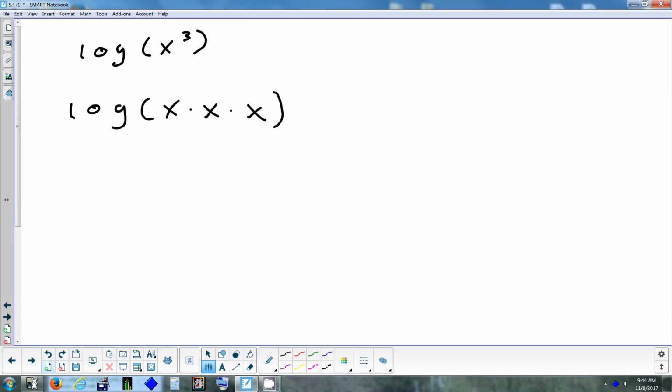Log of x cubed. Same thing. So if you really break that down into what x cubed means, it's x times x times x. Now, if we use rule 1 on that, what did we say that a product splits as? Is that a sum or a difference? A sum. How many things would I be adding together here? 3. I would have log of the first plus log of the second